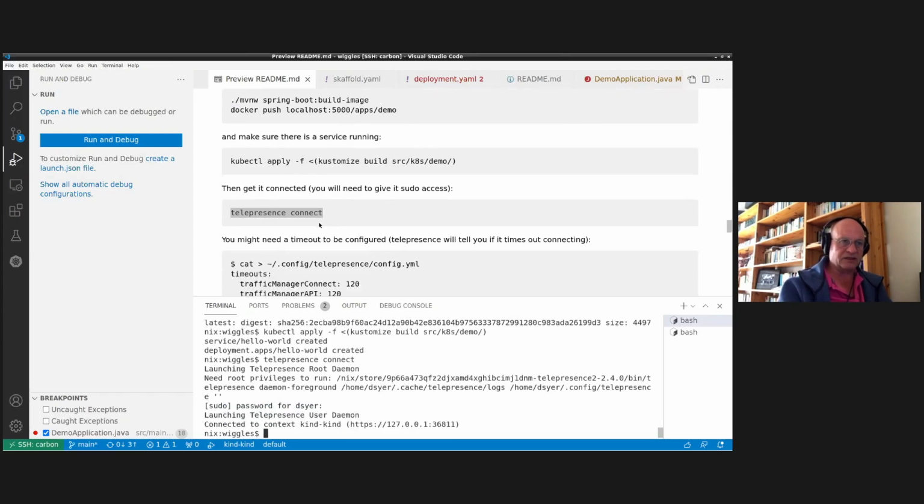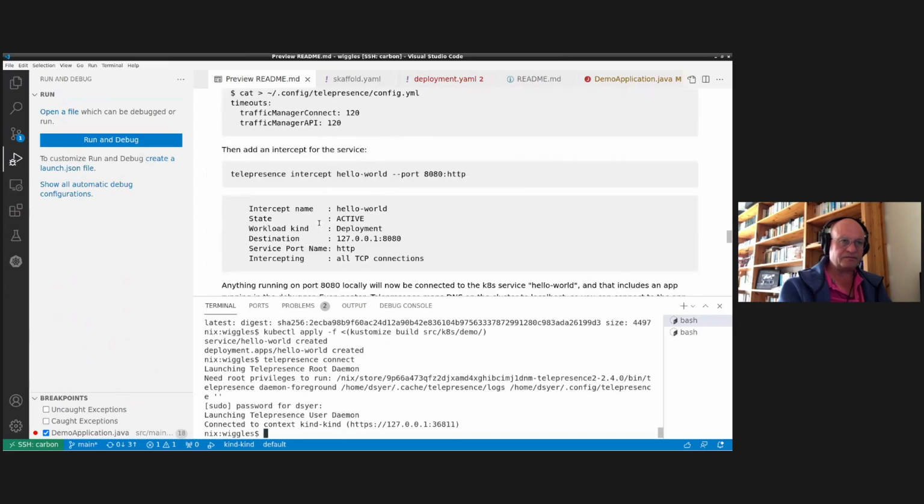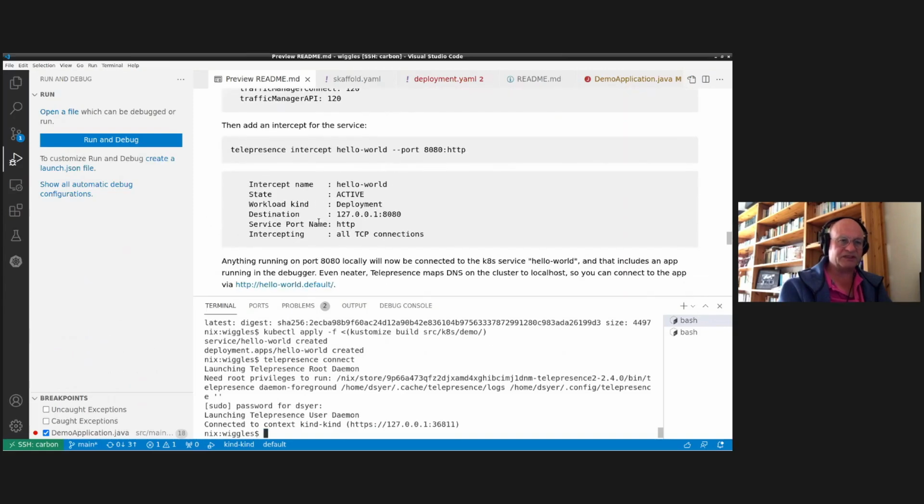And it's connected. Okay, so the thing that Telepresence does is basically it sets up a bunch of tunnels and proxies so that I can run the app on the host, and